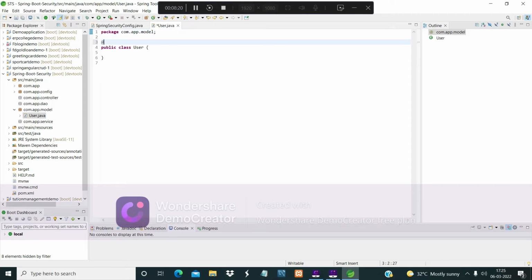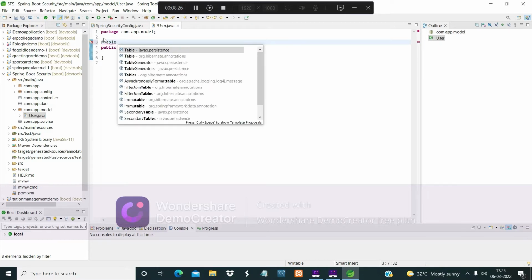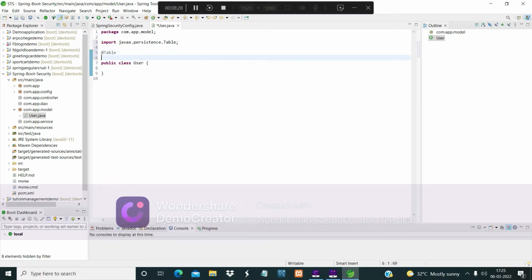We will annotate it as an @Entity, sorry, it should be @Table. Then @Entity.